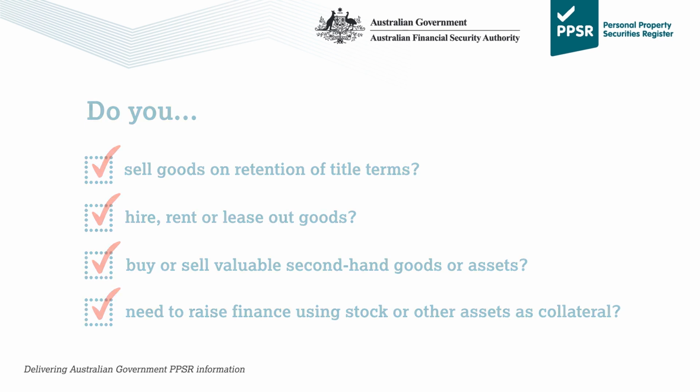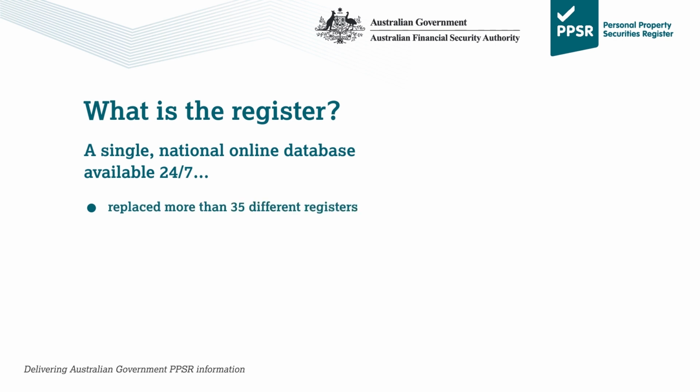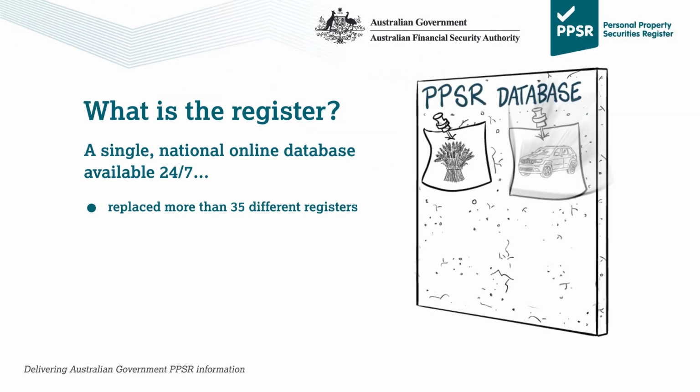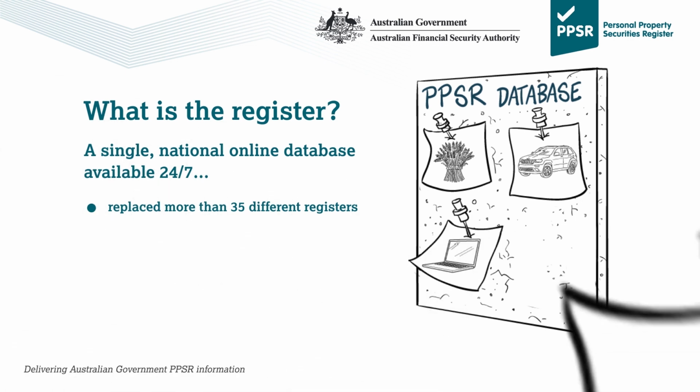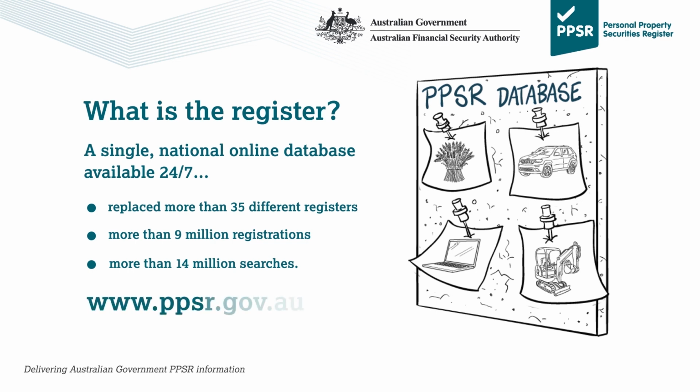The PPSR is a single national online database that operates 24 hours a day, 7 days a week. Replacing more than 35 different state-based and national registers, the PPSR is like an online notice board, providing details of anyone claiming an interest against goods or assets. Since 2012, the PPSR has had more than 9 million registrations and more than 14 million searches. Administered by the Australian Financial Security Authority, or AFSA, the register can be accessed online at